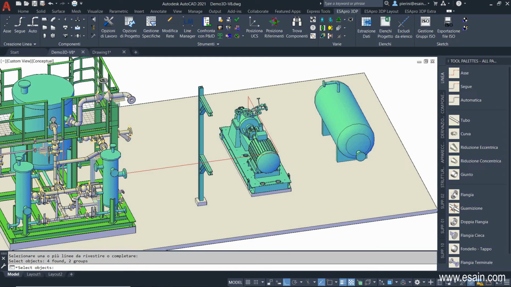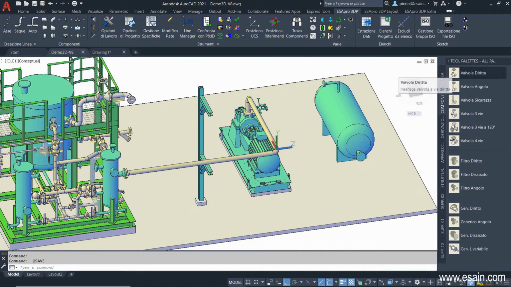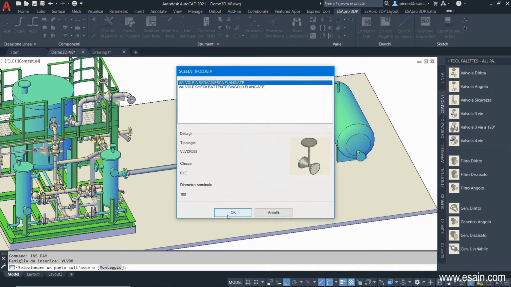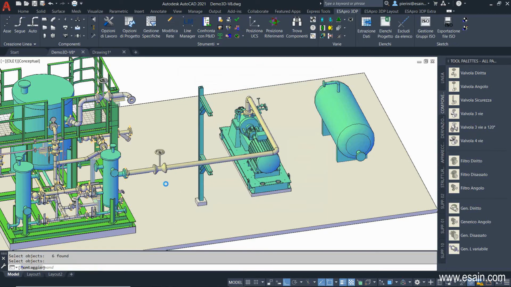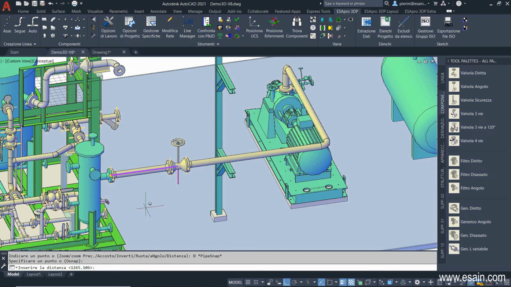Now we dress the pipe axis. All the components, flanges, gaskets, etc., chosen in the class are automatically inserted. Now let's add a valve. We select the pipe on which we want to place it, and the contextual menu obviously shows us only compatible valves. Once generated, the valve can be freely moved or rotated. The valve is attracted by the pipe snap points, and we can change its alignment point. In this case, we're typing the distance between the valve center and our nozzle.